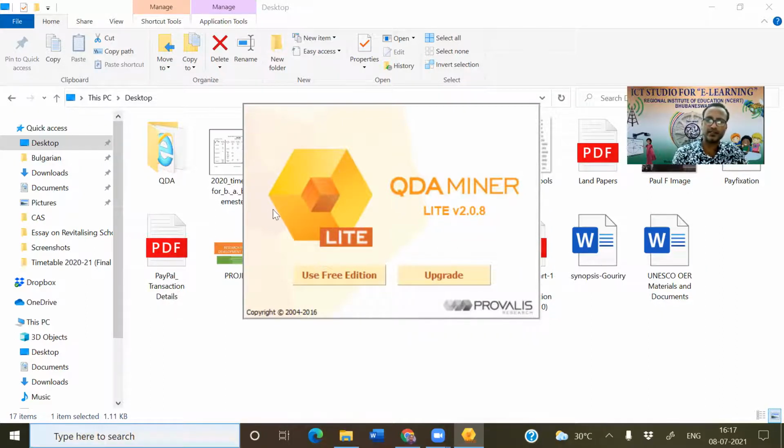And I say this MinerLite has two editions. One edition is the free edition. Another is the upgrade edition. The upgrade edition has many other features. But I'll demonstrate to you the free edition of Lite.